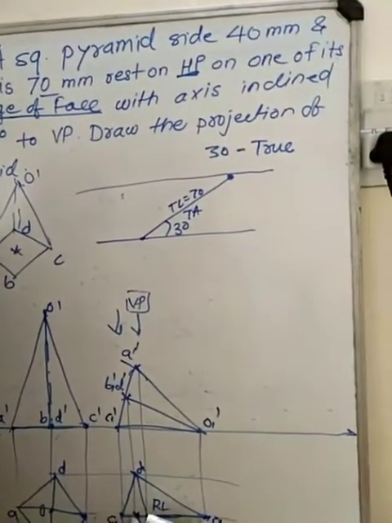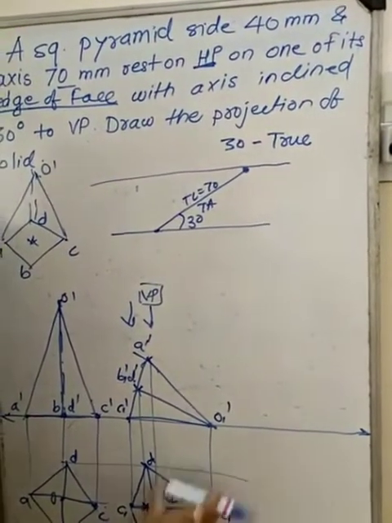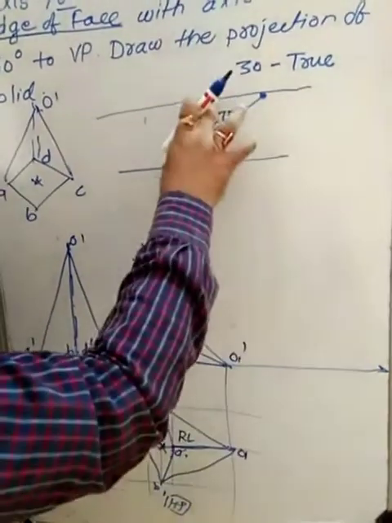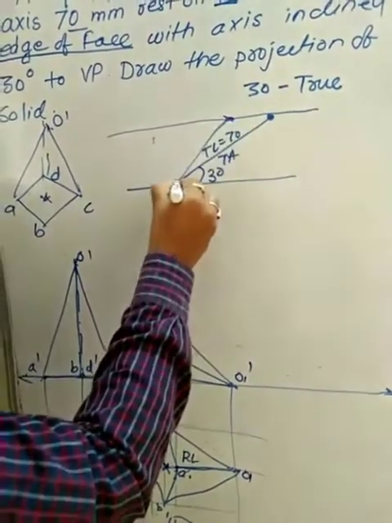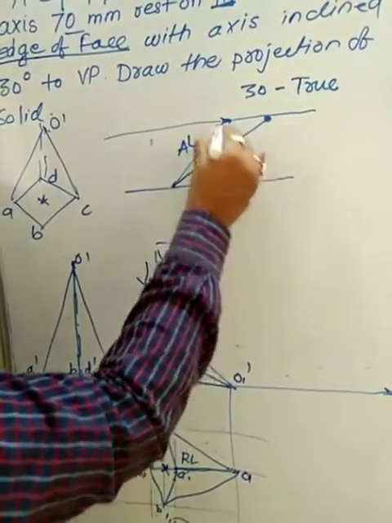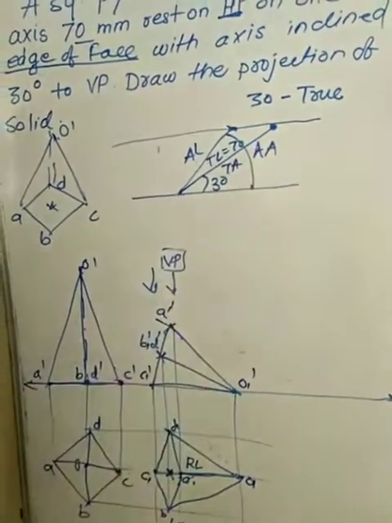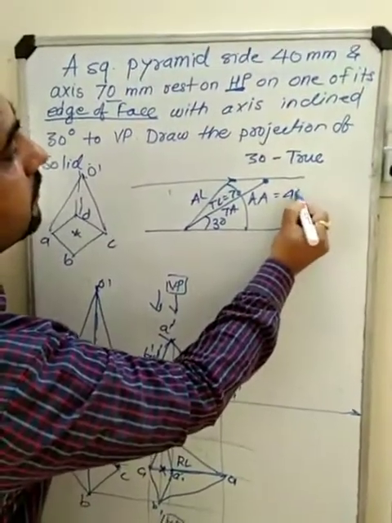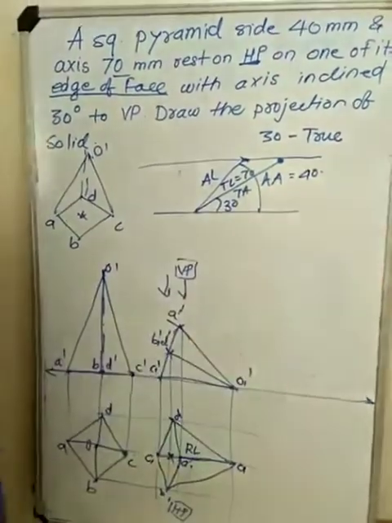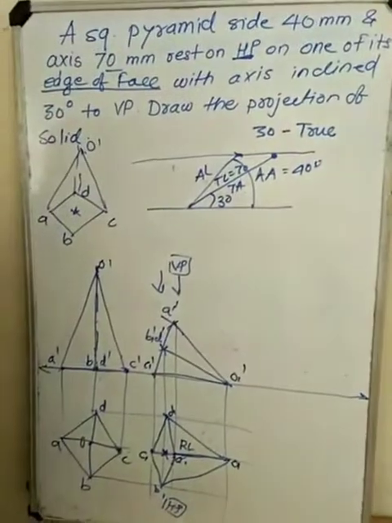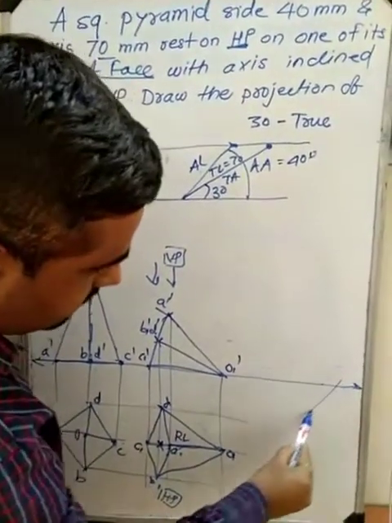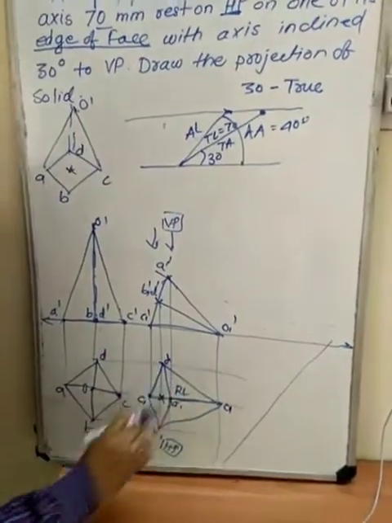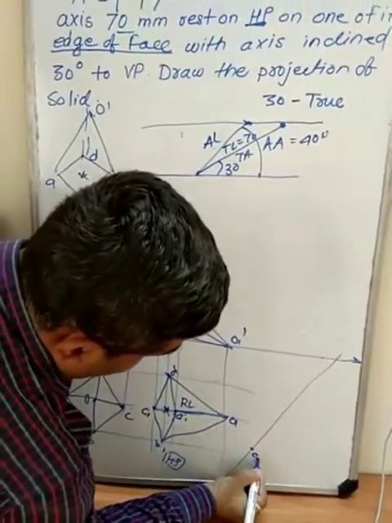Now you have here the apparent length. So take this apparent length in your compass and mark over here. So you will get here the apparent length and you will get here the apparent angle. Now you have to take the apparent angle of this axis. Now the apparent angle may be 40 to somewhat 41. So take 40. So take this angle 40. Now after taking this angle, mark the different points. Now this is your C2.